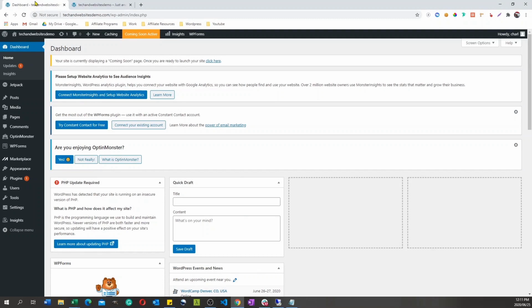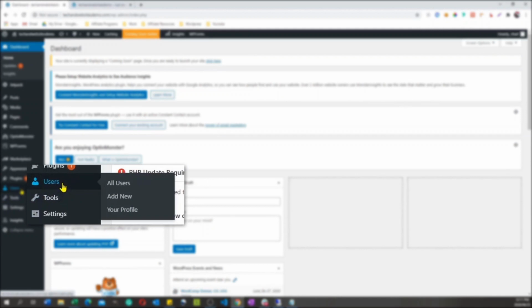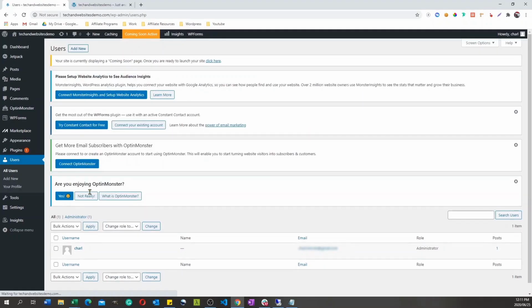But there are a few considerations that you want to take into account before starting your website, and this is namely the security of your site. If you wish to change your password that was automatically generated for you in the sign-up process, you can go to Users, rather All Users. This will take you to your personal profile. Simply click Edit on your name